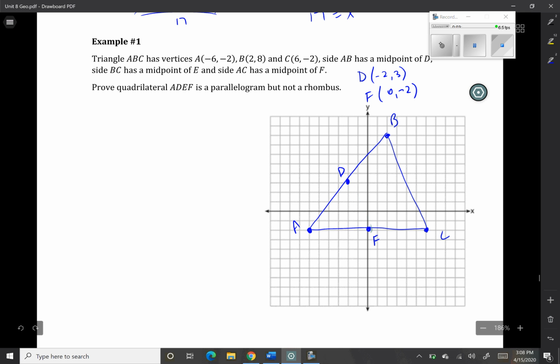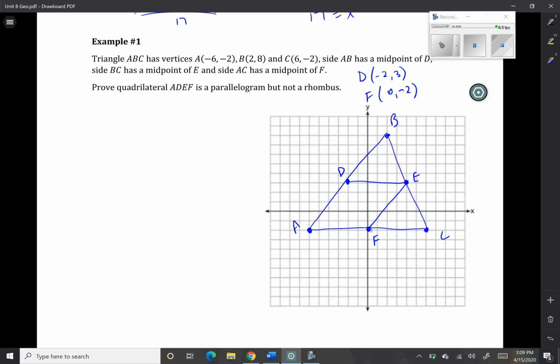It also says that E is the midpoint of BC, so that would be here. And it says to prove quadrilateral ADEF is a parallelogram,